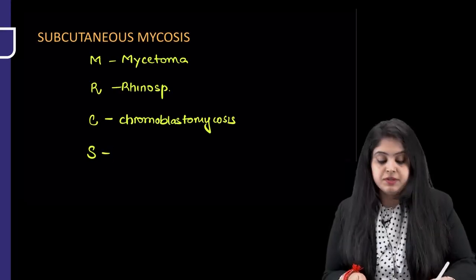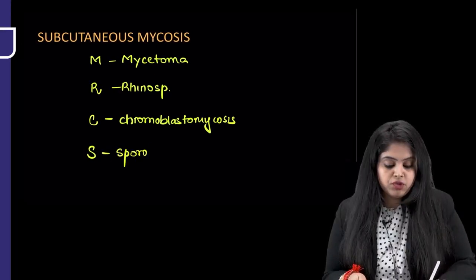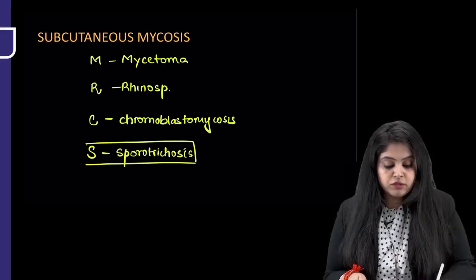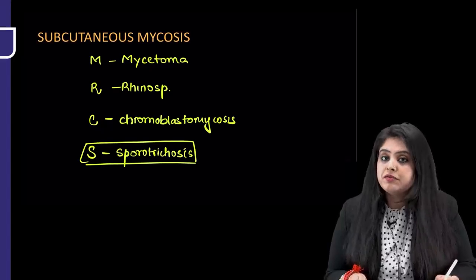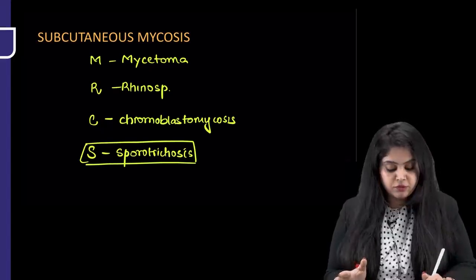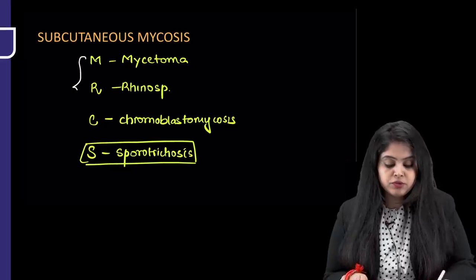Now just a word over here, if you guys remember, sporotrichosis or Sporothrix schenckii is coming in two places. It's coming in your subcutaneous mycosis, and it's also coming in your dimorphic fungus, right? So I'll be teaching it to you all together in the dimorphic fungus. So primarily over here, I'm going to focus on the first three, and let's begin with the first one,